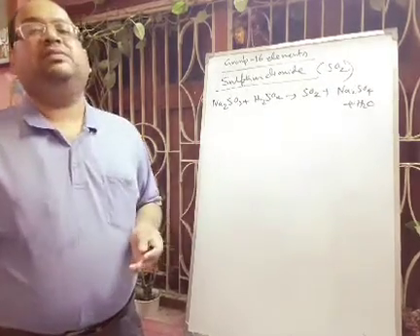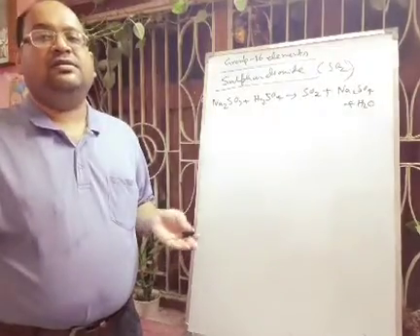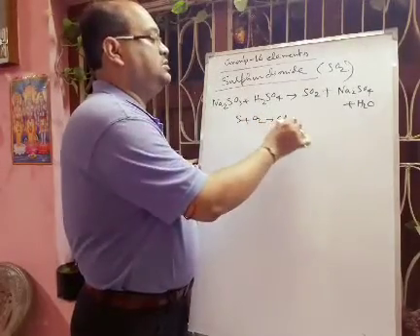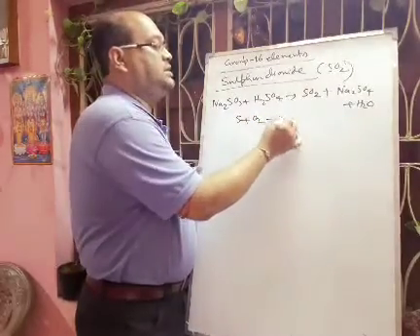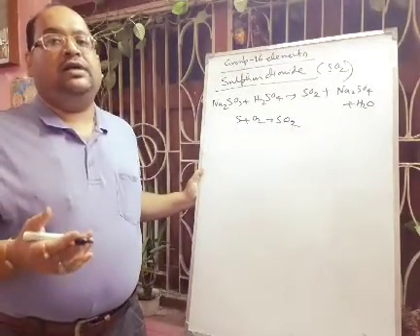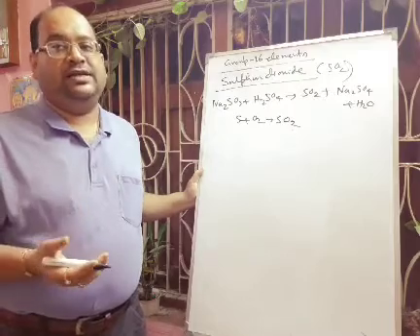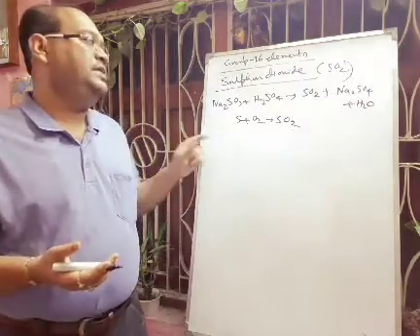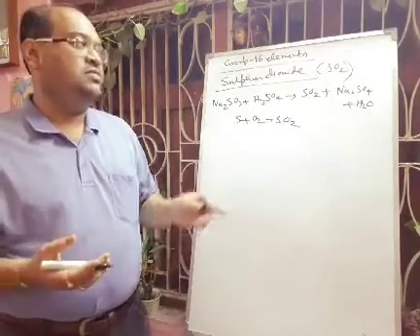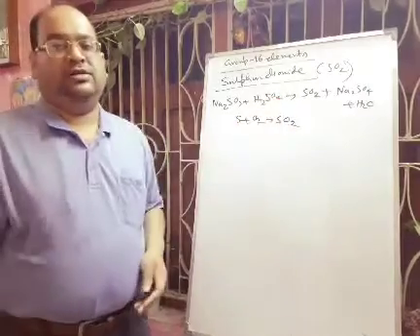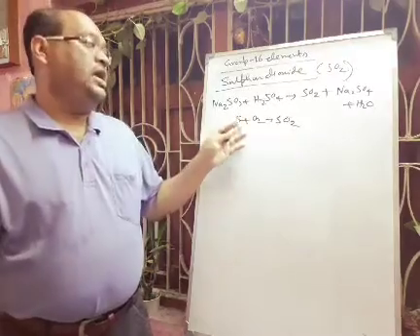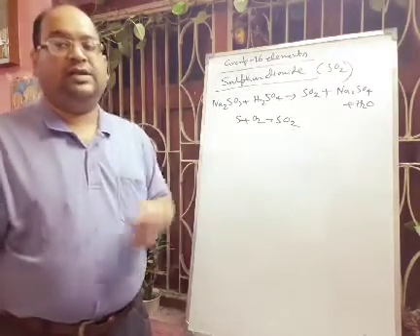And what is the industrial preparation? By burning sulfur in air, that means sulfur reacting with oxygen forming sulfur dioxide. This is one process by which sulfur dioxide is prepared on a large scale, that means industrially. Or we can take iron pyrites, by the roasting of sulfides. In the burning of sulfur, sometimes there will be a mixture with trace amounts of other oxides, so sulfur is not only forming sulfur dioxide.